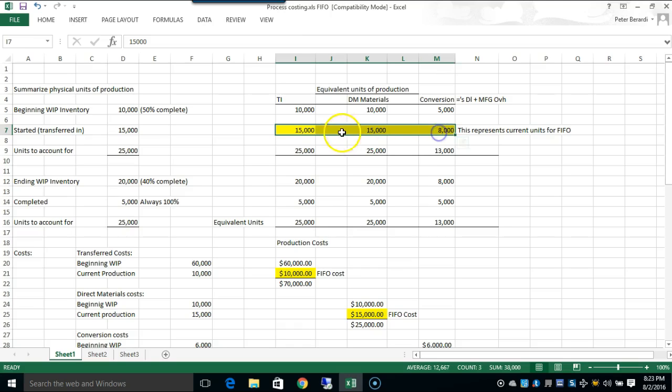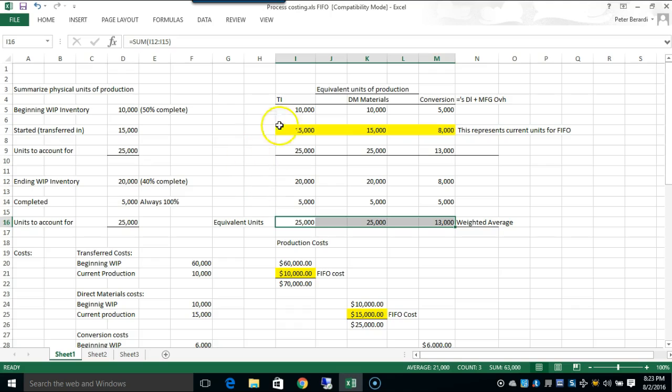this number here represents the equivalent units of production for the units that were started or transferred in. So now we have our equivalent units of production for each section. Using the weighted average, these are the units that are considered weighted average units of production. So this is weighted average. As I highlighted here, the difference between the weighted average equivalent units of production